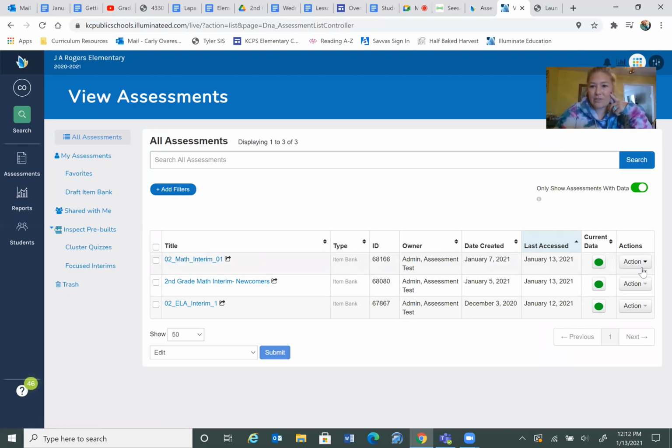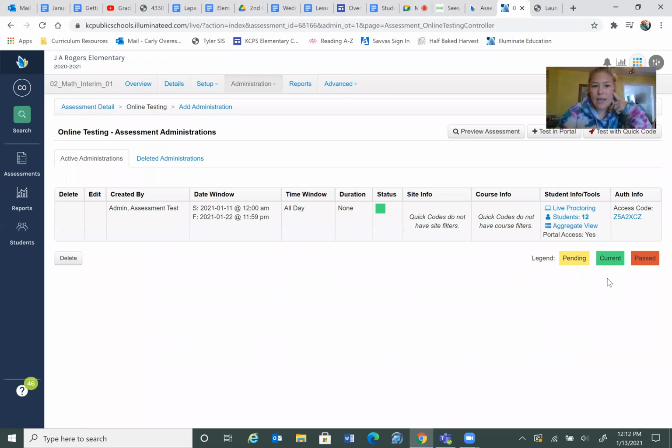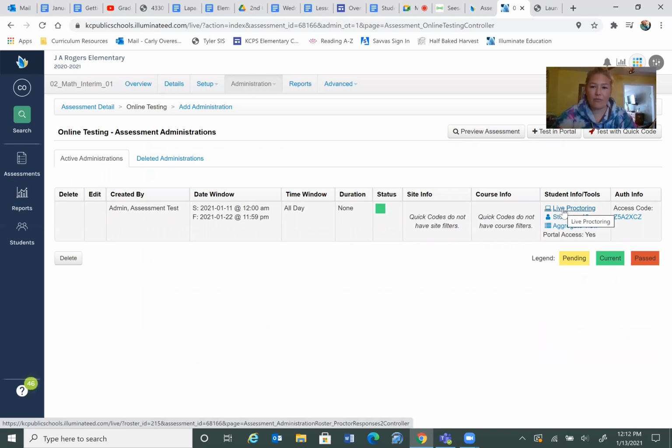So I can come here to the action drop down, and there's an administer button. So I'm going to click administer. And then as we can see, I have 12 students currently working on this test. If I go to live proctoring,